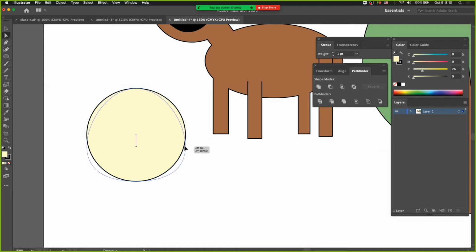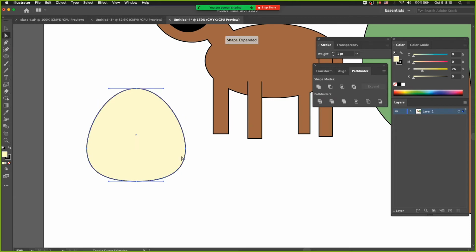I'm holding down shift, and then I'm going to make them a little bit closer. So with the scale tool, I'm going to bring these points towards the center. I click on the center and then drag. Again, you can hold down shift if you want. Of course, the egg doesn't look like this, but then with this,